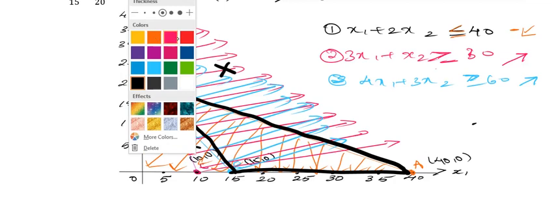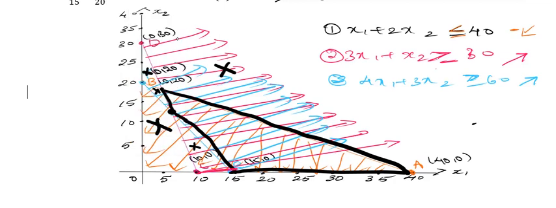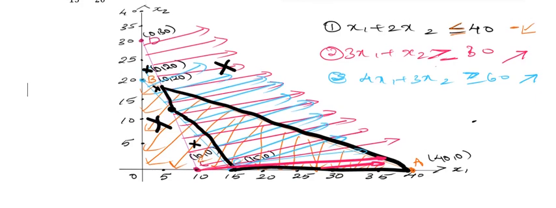So to make it much more clear, you can see this pink line obviously will touch here also. So this also exists. The blue line is also covering this region. See, blue line also will cover. So this is a place where all pink, blue and orange lines touch. So this is the feasible region.